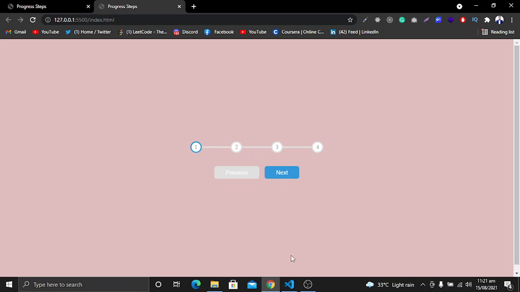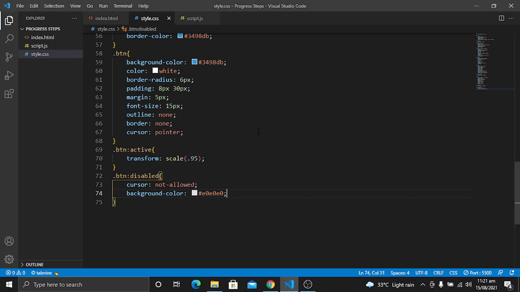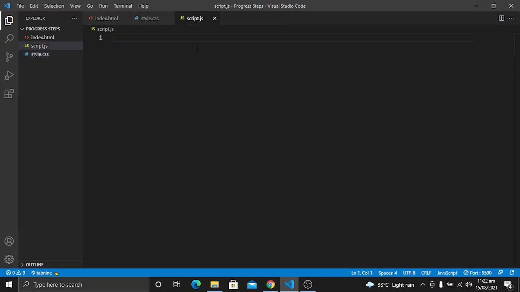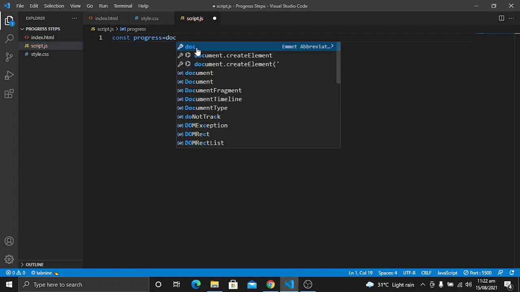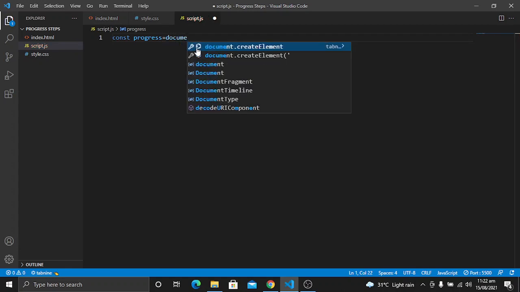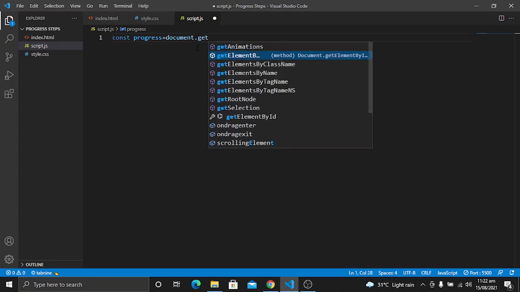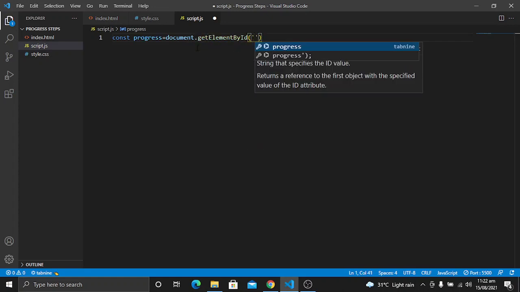The next part is going to be the JavaScript part of this project. In the JavaScript part, first of all we will select some elements with document.getElementById and querySelector. First I will select the progress with document.getElementById, and it has an id of progress.